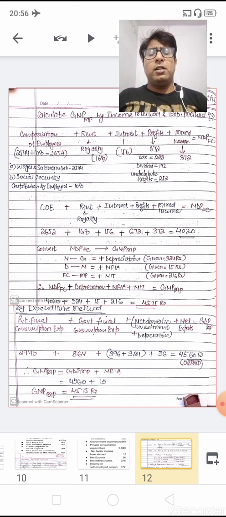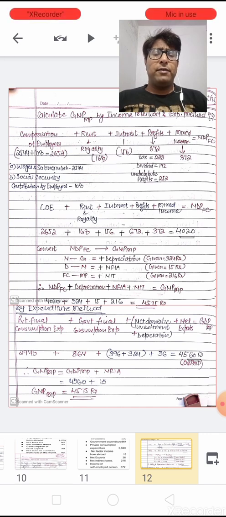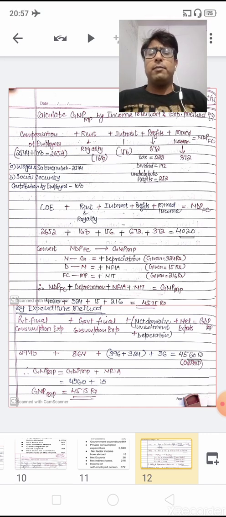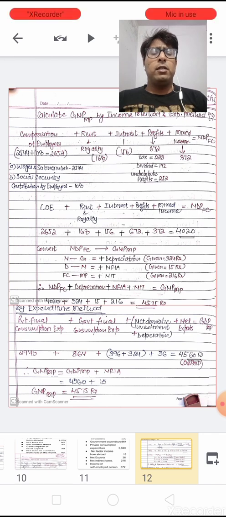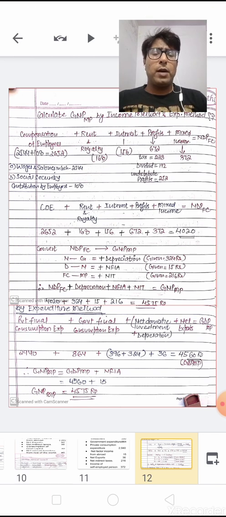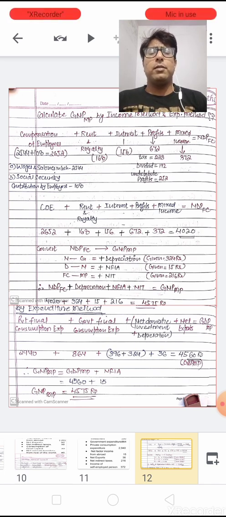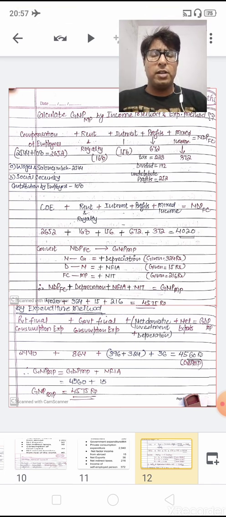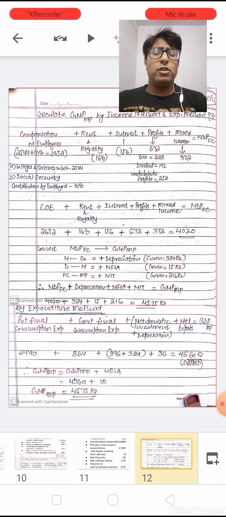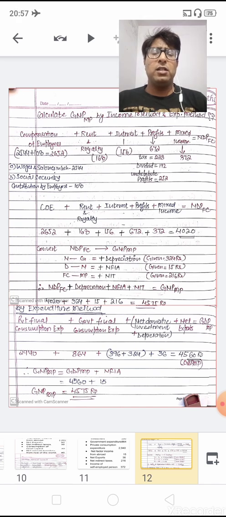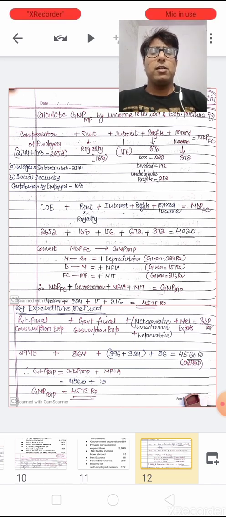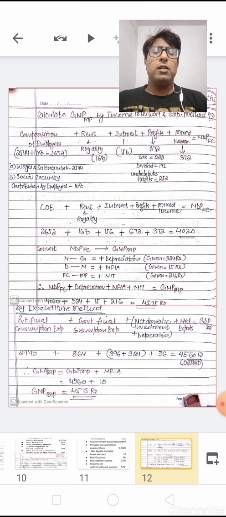So children, that's all for today. So far we have learned this expenditure method, we covered the definition part of this expenditure method. Thereafter, we have learned the classification, the components of the expenditure method, or you can say the final expenditure. Thereafter, we have solved the numericals, and we have also learned the precautions of solving any numericals by the expenditure method.